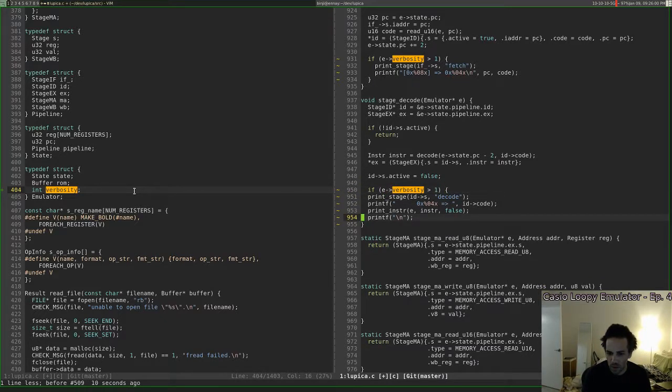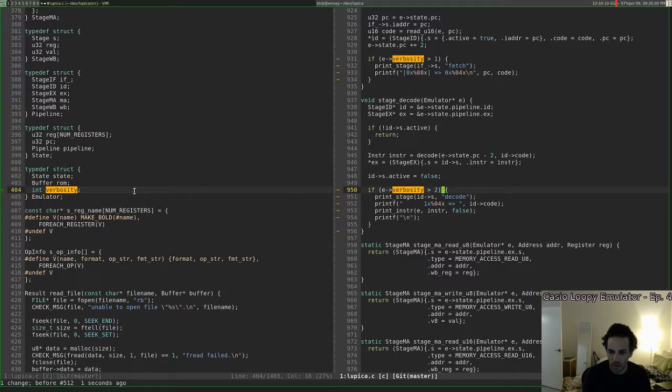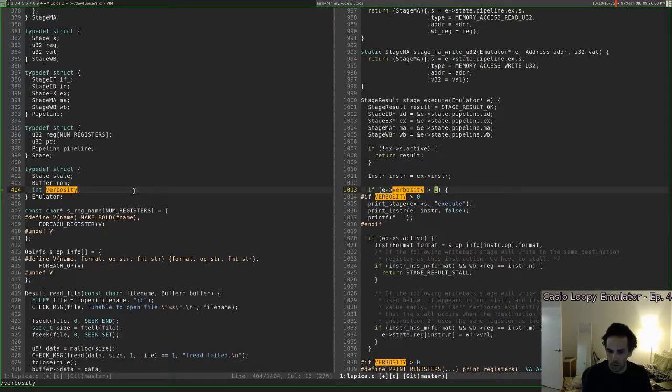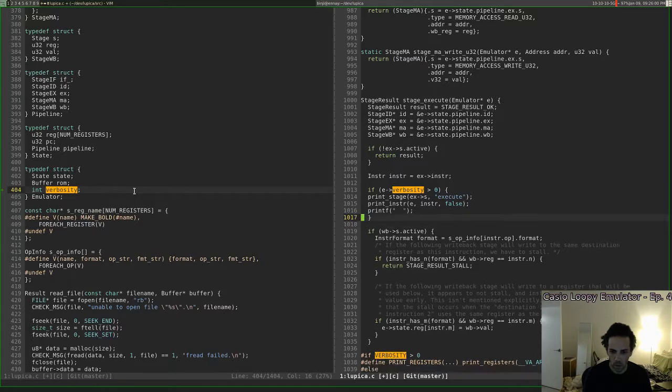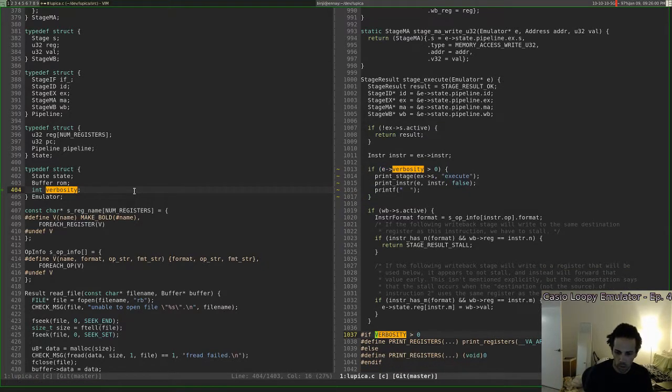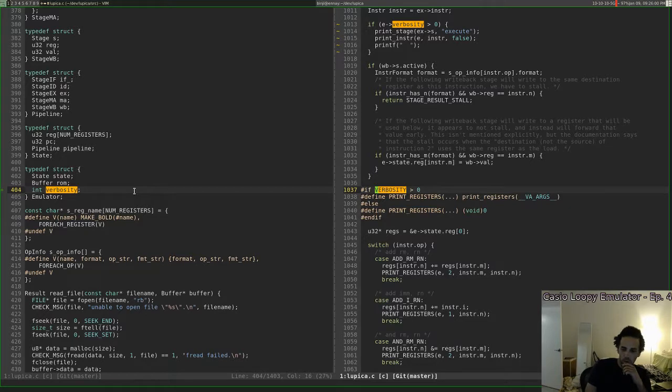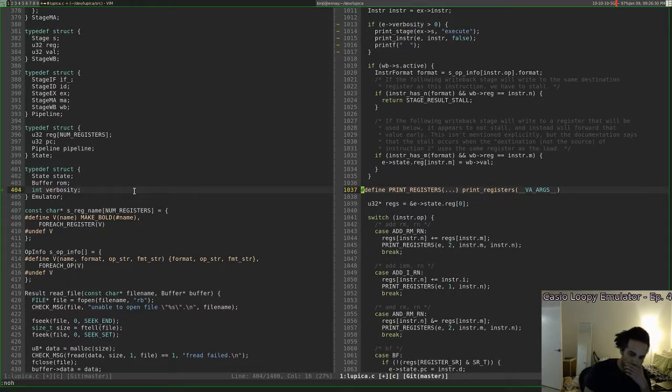That's a weird typo. It should be greater than 0. And then print registers. Yeah, basically this just needs to only print registers if